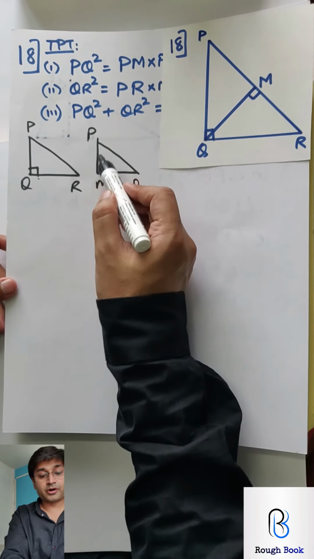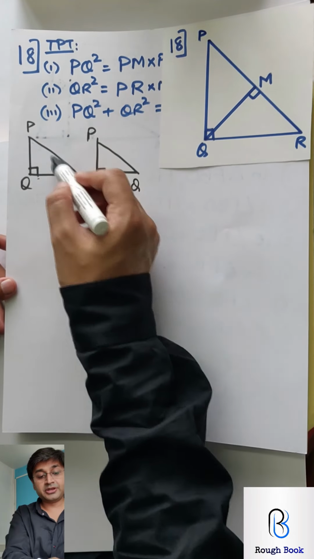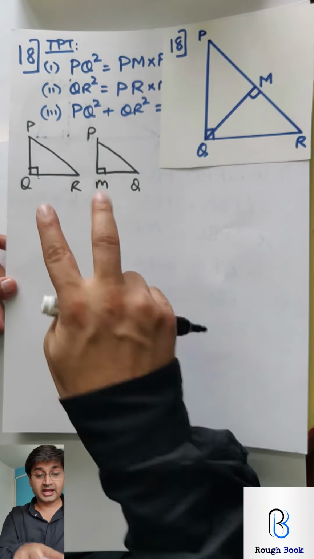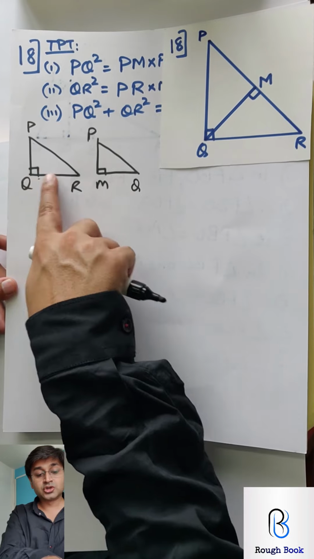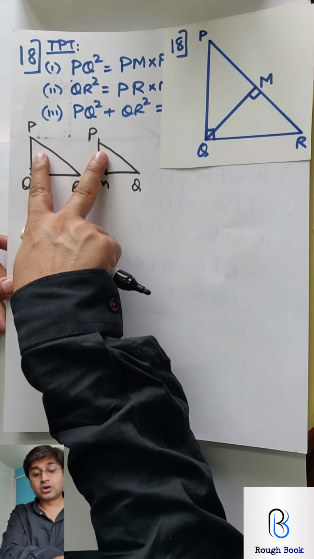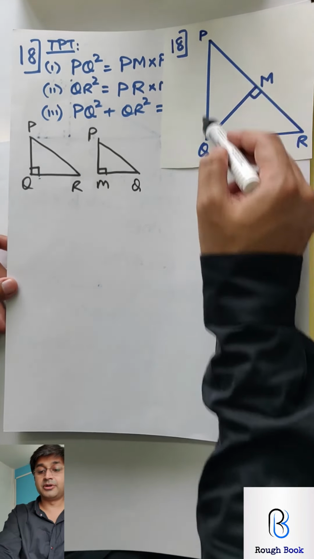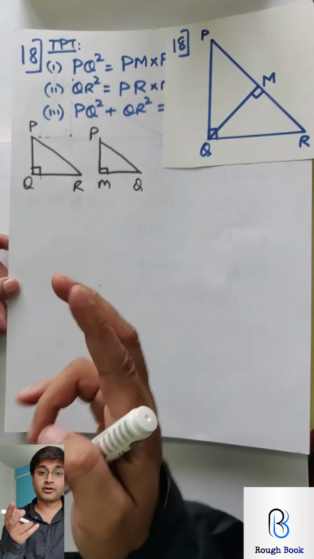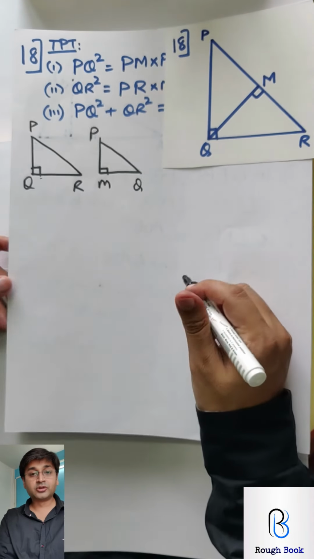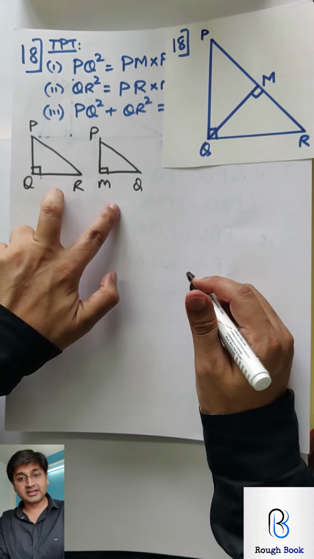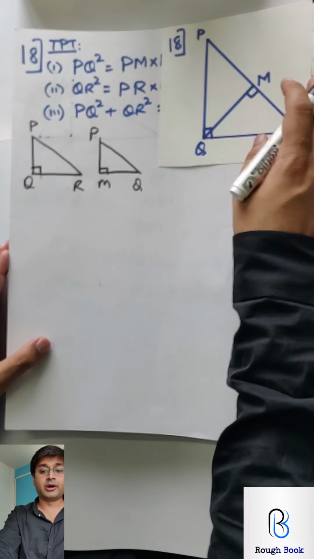Now see, PQ upon PM, PR upon PQ is what you will get. And how will you prove them similar? One is each 90, second is the common angle. See this triangle and the big triangle, P is the common angle for both. Are you getting it? So first 4 steps, prove the triangles similar. 5th step CSST, 6th step cross multiply and you will reach here. Come on your own, everyone, 6 steps.